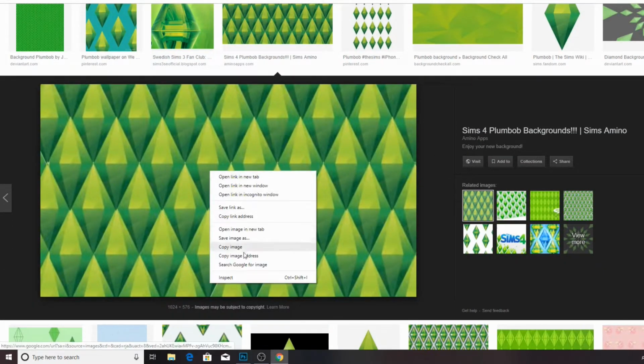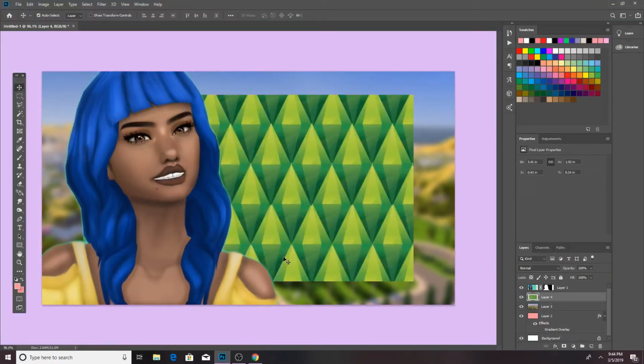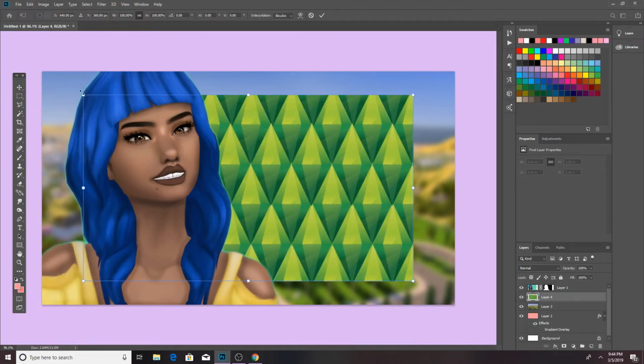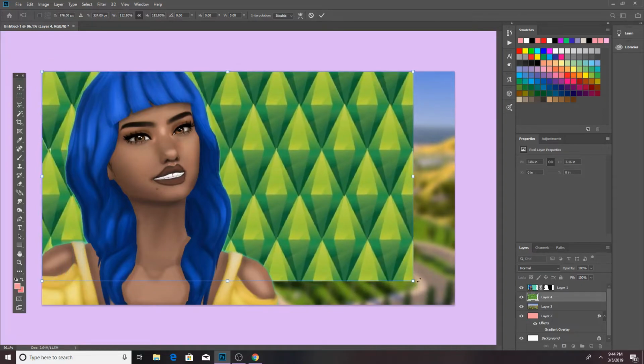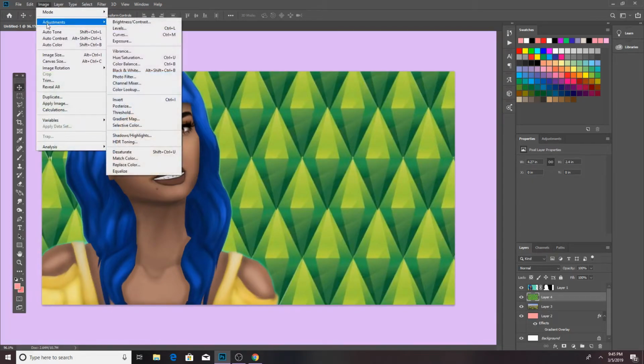So you want to right click, copy image, and then come into here, Control V. This is what I like to do a lot. It looks really cool, trust me guys. So you want to come into free transform and make sure it fits the width and height of your background, just like this. And now what I like to do is come up into image adjustments,